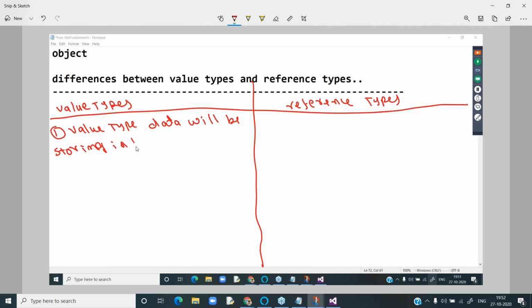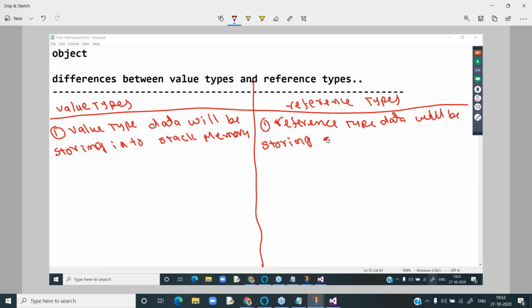Next, coming to the fourth point. Example for value types: it's a big list I have given, that is sbyte to bool.